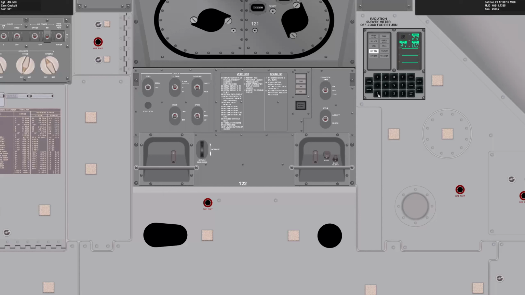And then I'm going to go ahead and go to program 0. Now normally you would do 2 or 3 marks at the same star and horizon, or same star and landmark, and follow the flight plan. The flight plan tells you 2 marks, 3 marks, whatever. But if you're ever wondering, go to 0. If you're ever wondering,